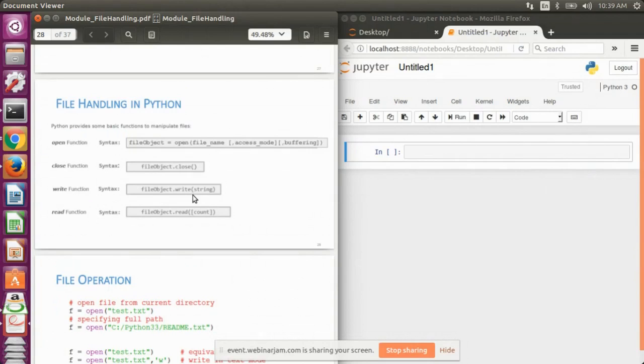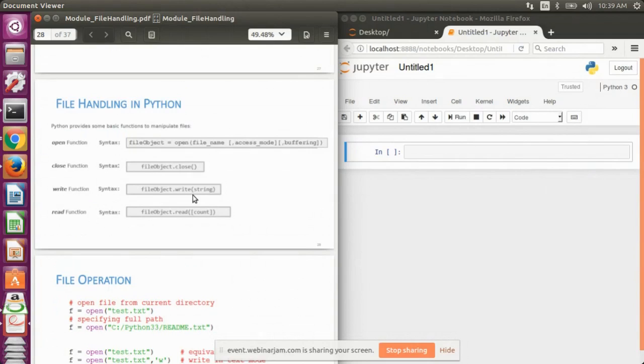Whenever we pass anything to a file, it writes in the form of a string. If you write a string, it gets stored. If you write an integer variable, it will also get stored. By default, anything that you pass gets stored in the file in the form of a string.